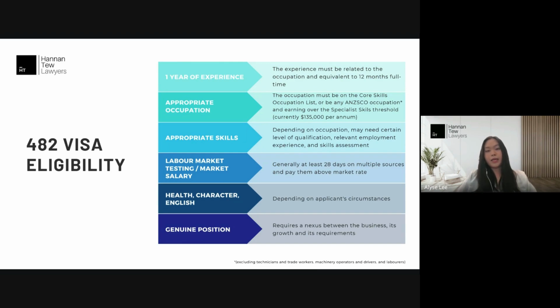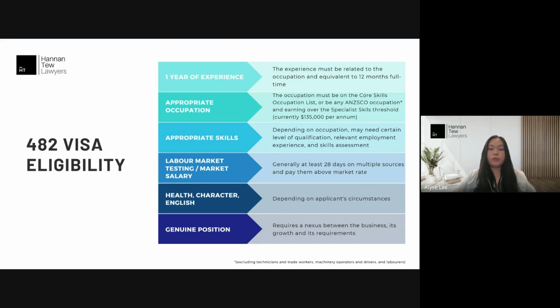Individuals would be exempt from taking this English language test if they hold a passport from the United Kingdom, United States of America, Canada, New Zealand, or Ireland, or if they're an intercompany transfer and will be remunerated more than $96,400 by the sponsor, or if they have completed at least 5 years of full-time study in a secondary and/or higher education university where the medium of instruction was in English. Otherwise, they'll need to take an approved English test, such as an IELTS test, and score at least 5.0 for each of those 4 test components.